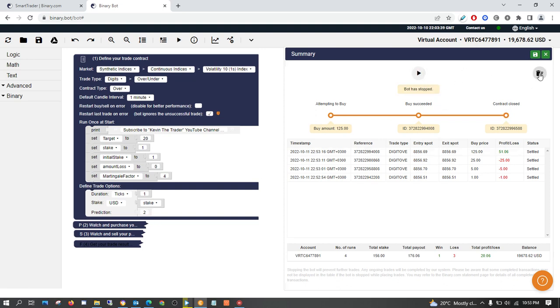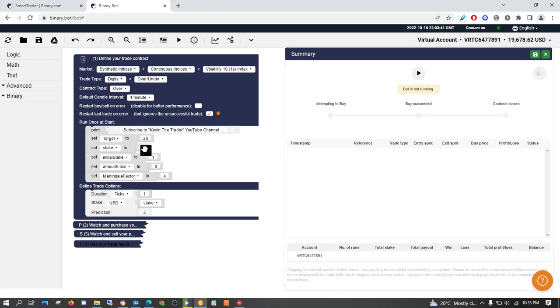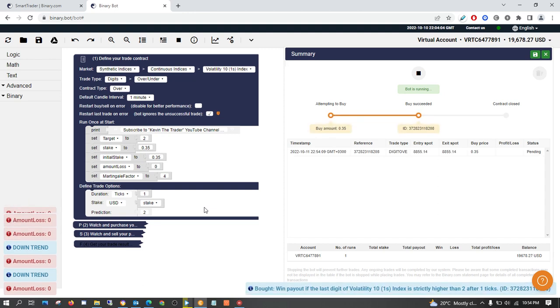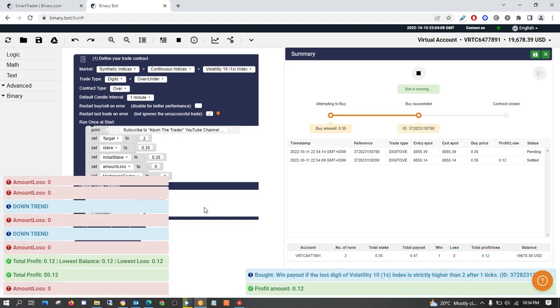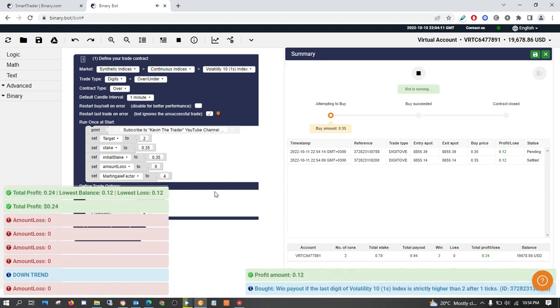The same thing, you can do this, but you can now stake with 0.35. But you see, now you change this one to 2 or 5. Let's take profit of 2, and we do it. Our prediction here is 2, so anything above 2 is a win. So as you go up, that's when now you'll be profiting.